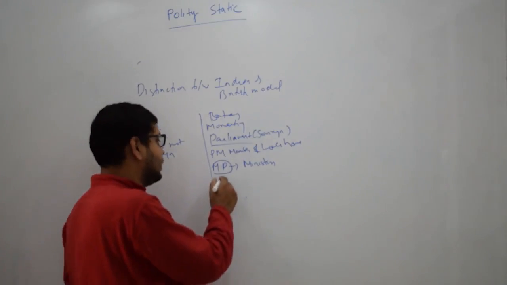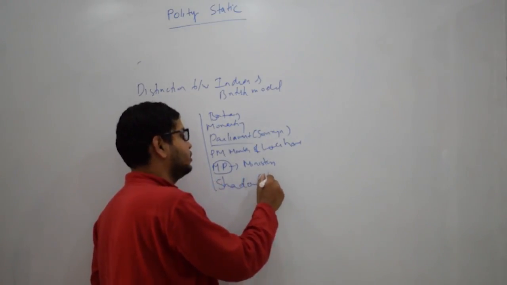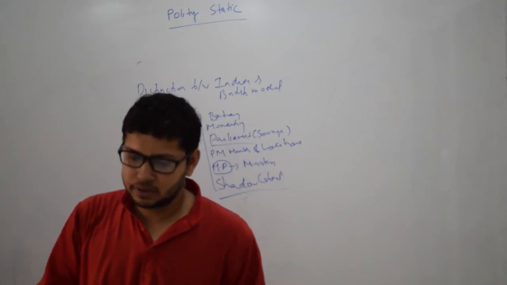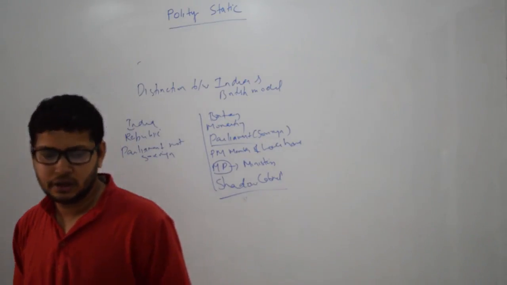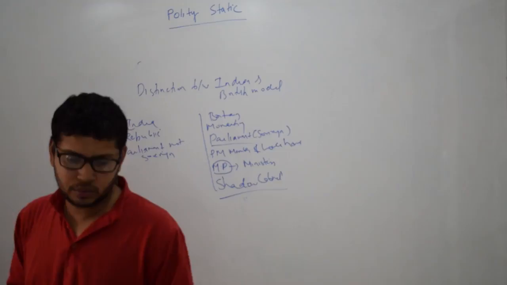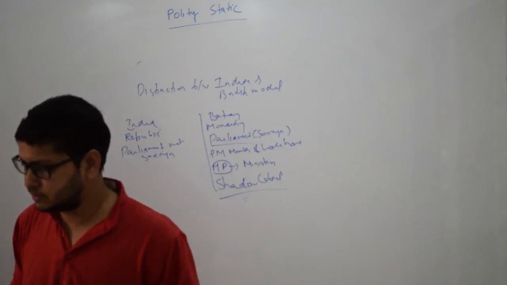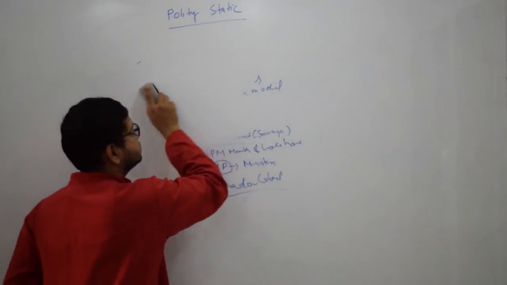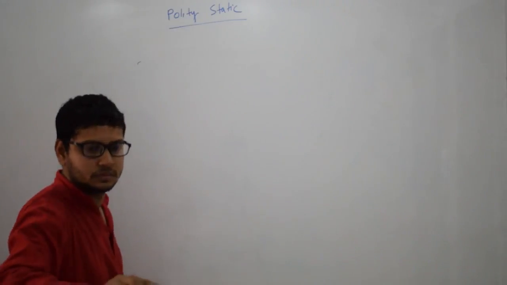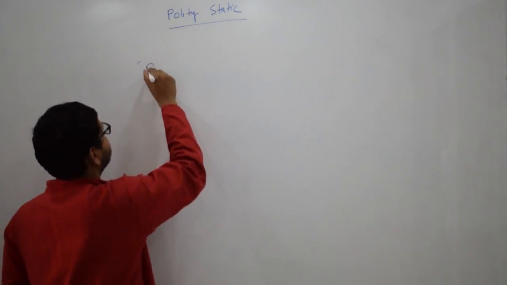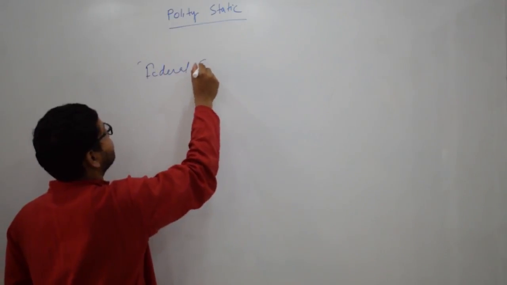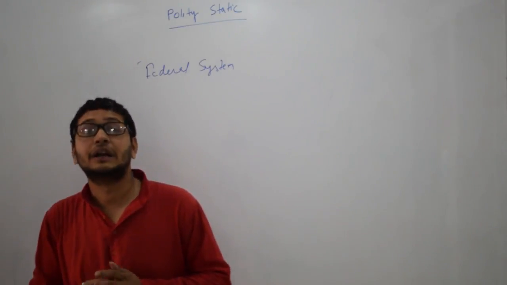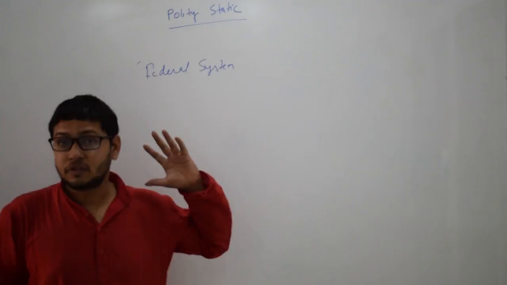In Britain, they have the concept of shadow cabinet, but in India, we don't have any concept of shadow cabinet. So this ends this chapter, which is the parliamentary system. Next, we'll deal with another chapter, which is the federal system. So this again, like the parliamentary system, is an important chapter, and a question was asked last year from this